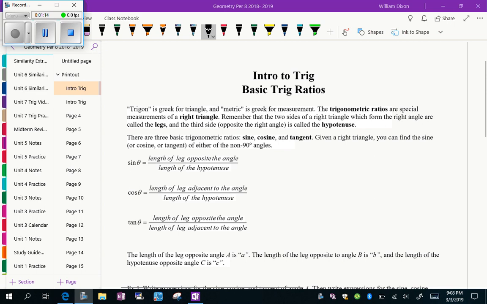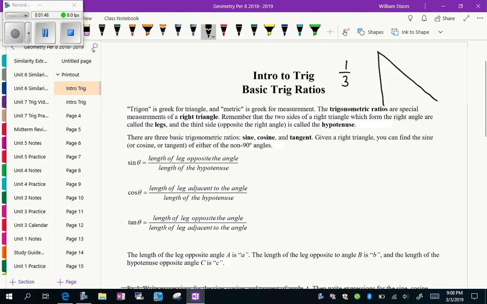All right, intro to trig, basic trig ratios. In the first paragraph there, you can read, that's just a definition of trigonometry, but the trig ratios. We know that ratios can be written as a fraction because that's a relationship between two numbers, or we're going to see two sides. So those trig ratios are built off right triangles. So let's go through